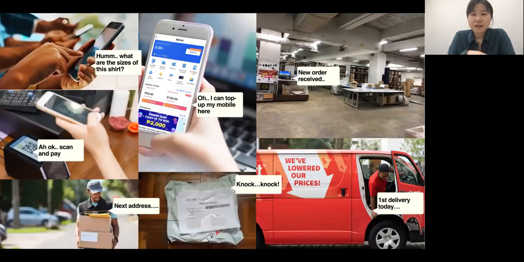So hopefully I captured some screens from online, and some screens from my previous interactions with the sellers and the people we work with, to bring a little context of the e-commerce we're talking about. It could contain a customer browsing things online, searching for the thing they like, looking at different sizes, different colors, different SKUs, and then they finally think maybe it's a good product and they can get it, so they think of payment.